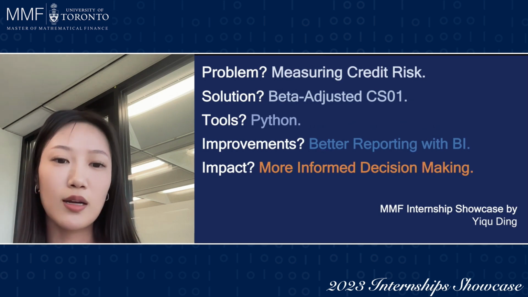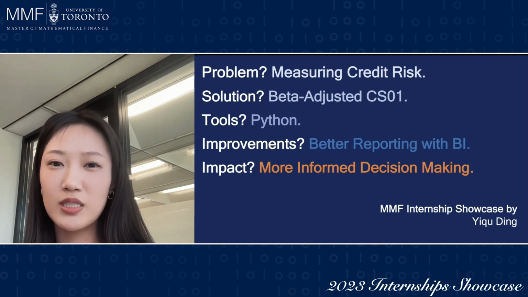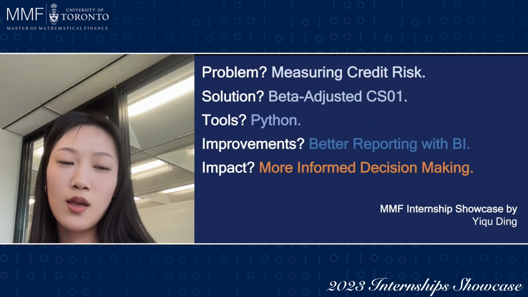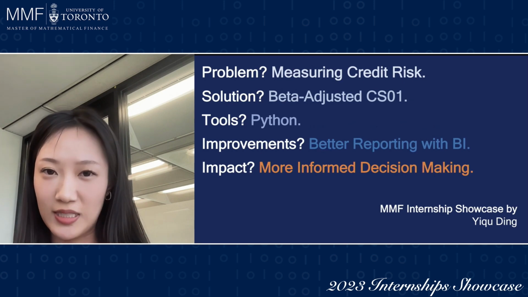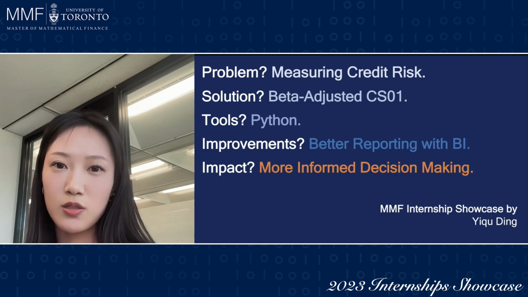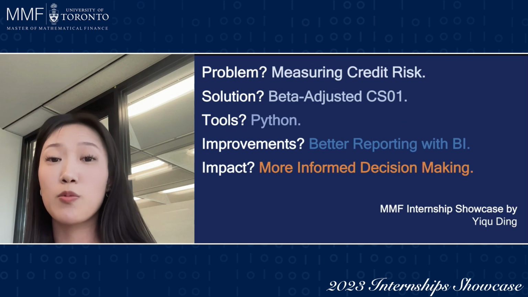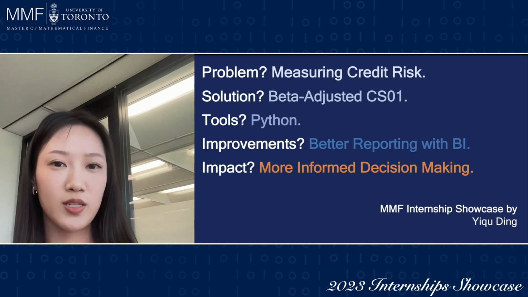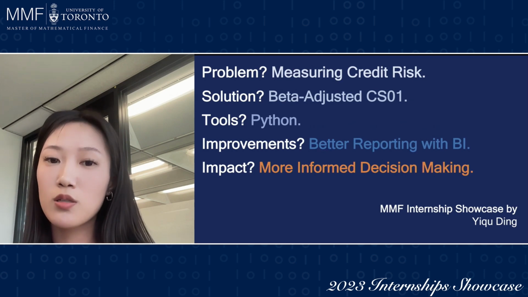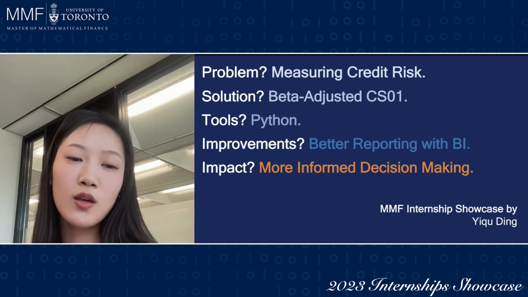That's the end of the calculation part, but we don't just stop thinking about the project there. When we compared and analyzed the results, we realized that it is really difficult to pull out numbers and graphs from different Excel and PDF reports. Therefore, we came up with the idea of transforming our reporting platform from PDF and Excel to Power BI. So we went ahead and transformed the reporting platform for the entire fixed income department. That includes the beta adjusted CSO1, but also some of the older, already existing analysis.